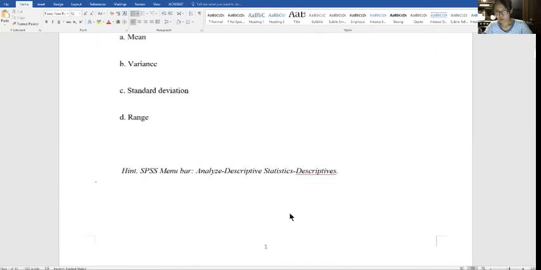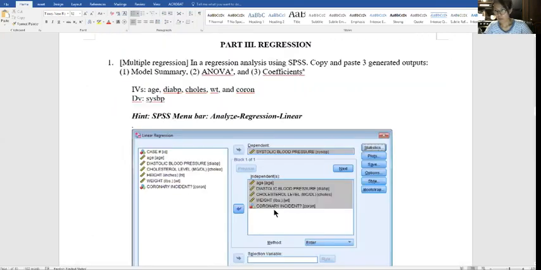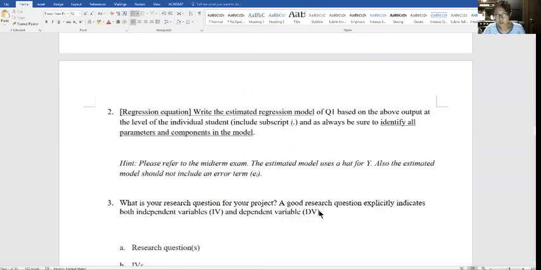Part 1, Part 2, Part 3 are exactly the same as the midterm exam. But why do we do this? Because we change the data and then we want to redo the same job based on different data sets. So you can refer to the video guide posted in the Sakai when you use, which one was it? The midterm exam guide, right? And the last section,